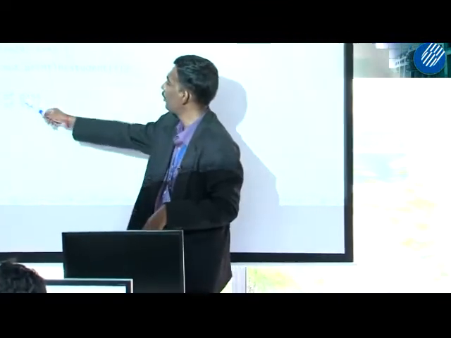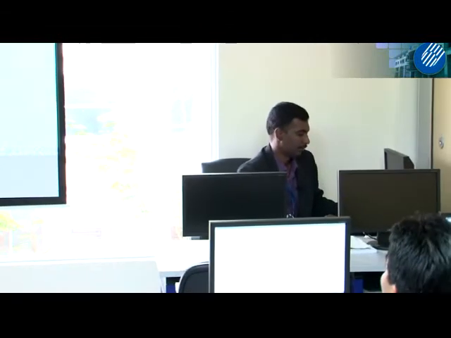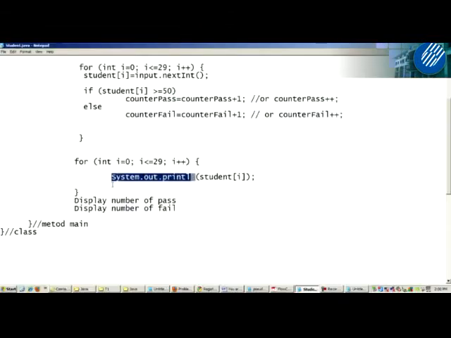Okay, now display number of students who pass. How? Okay, actually you can copy paste this student. Okay, number of students who pass.